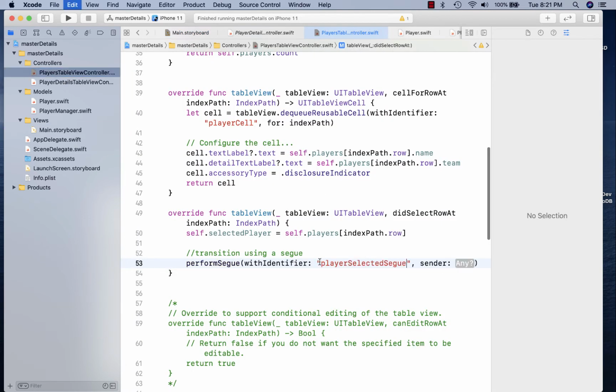The identifier that I want is this player selected segue. And then the sender, it really doesn't matter. Basically the sender is meant to be the control that triggered that segue. In this case, it doesn't matter what control triggered that segue, so I'm just going to say that the sender is nil. Okay, and if we go ahead and run this now,